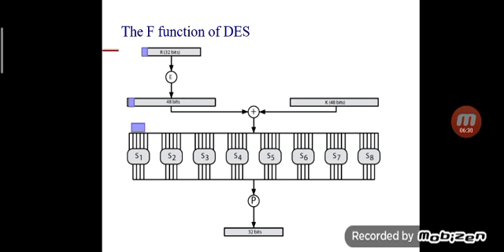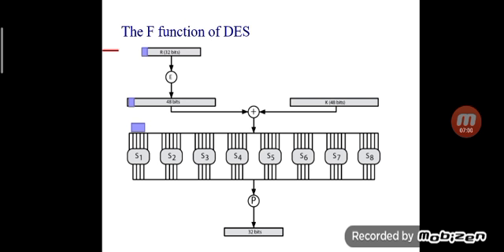So in this DES algorithm, we have a function f. In the function we can use the concept of S boxes. So here we can describe the concept of S boxes, how we can expand the 32 bits to 48 by using the expansion function, and after that how we can recover the 32 bits from the 48 bits.